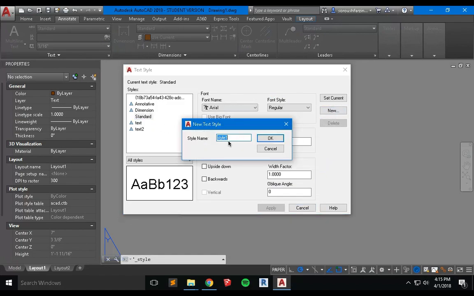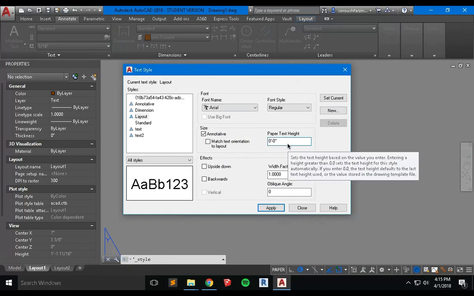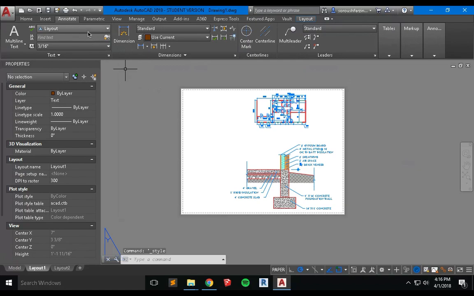I'm going to call this layout. Okay, I'll call this layout. I want to use the annotative, and for this one, I'm going to use 1/8 as the size of those texts. Okay, and press OK, and then making sure it's the current one,